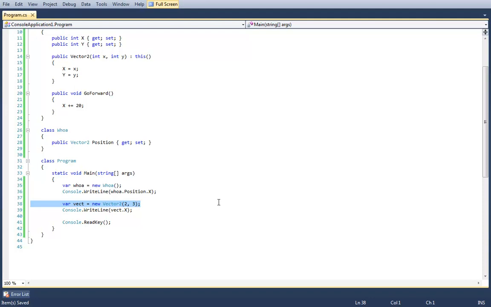Whether or not the C# compiler or the CLR decides to place something on the stack or the heap is an implementation detail of the compiler and the runtime. It's not something that's worth even caring about. I want to point that out, because that's the number one misconception that people have about structs, that they'll always be placed on the stack and thus more performant. But as we see here, we can quite easily get our Vector2 struct to be placed on the heap by simply instantiating this.